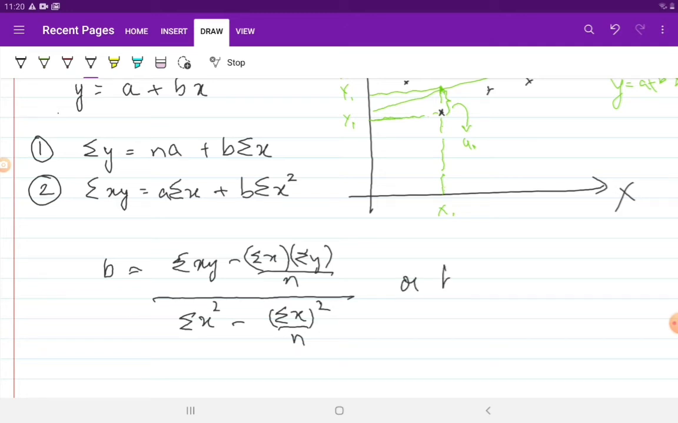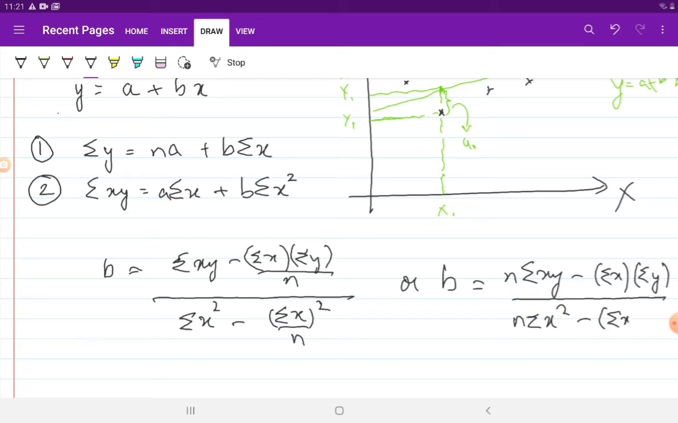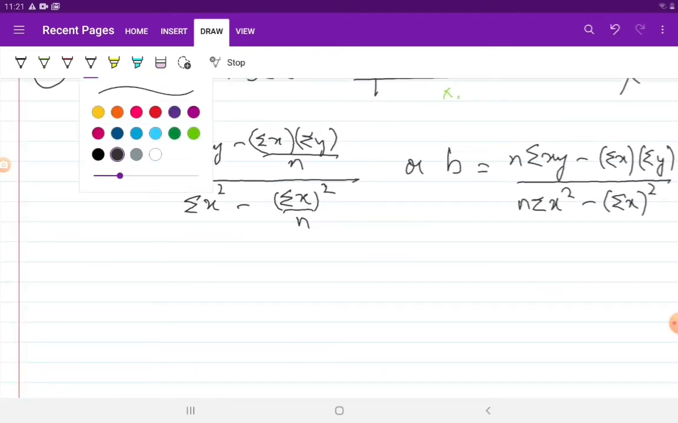You can either remember this formula or we can make it a little bit easier to remember. That is, if you take the LCM of the numerator and the denominator, you can write this as: n times summation xy minus summation x into summation y, whole divided by n times summation x square minus summation x the whole square. So this is the value of b, or the slope term, and the value of a can be calculated